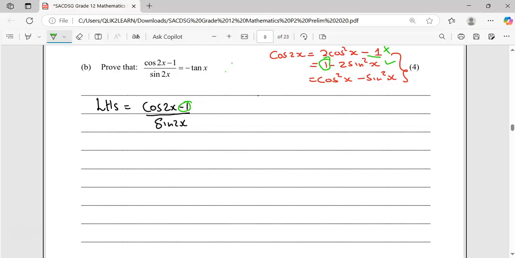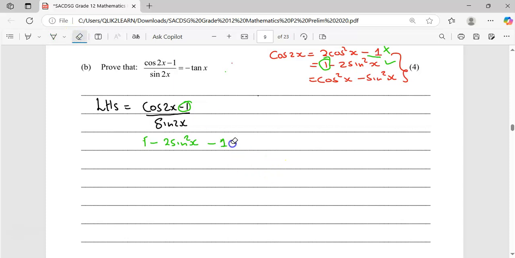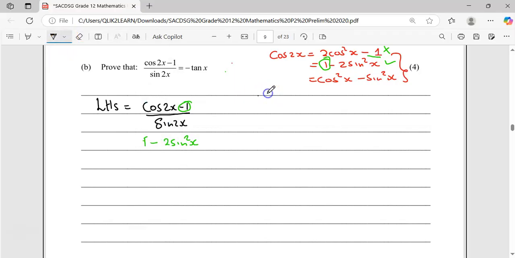So this tells me that where there's cos 2x, I can substitute that as 1 minus 2 the sine squared x. Then we still have minus 1. Right. So we still have minus 1. Okay. So what we're going to do now, we still have this as minus 1. Everything is divided by the sine 2x. We need to write it as 2 sine x, the cos of x. Right. Then from there, I can see that the 1 will cancel. So the 1 will cancel. I'll be left with what? With